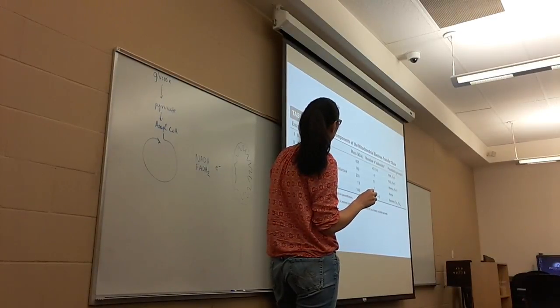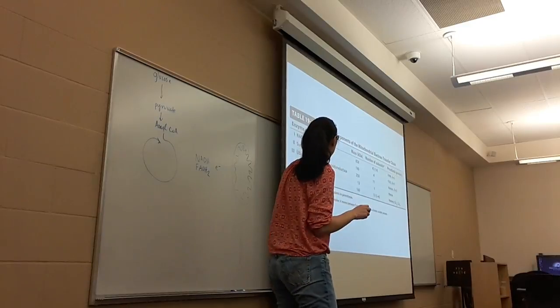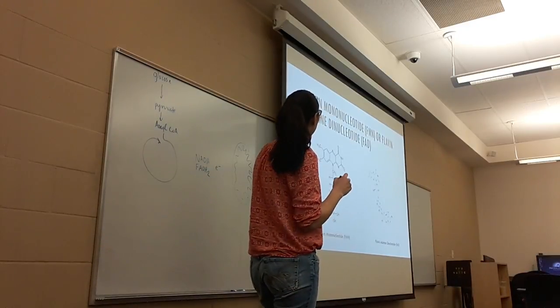Some are heme, FAD, FMN. These are the iron-sulfur clusters that we'll talk about. This last one uses copper. Okay. So the first